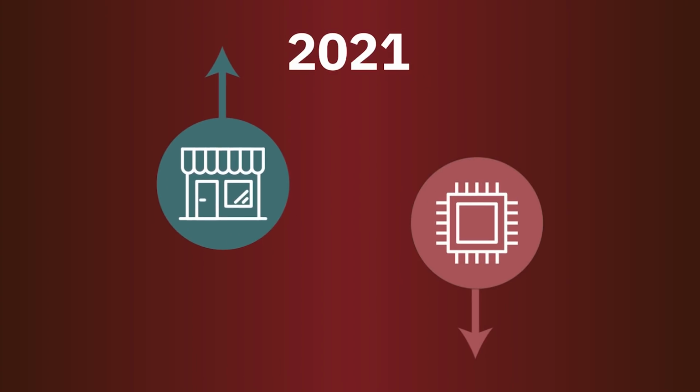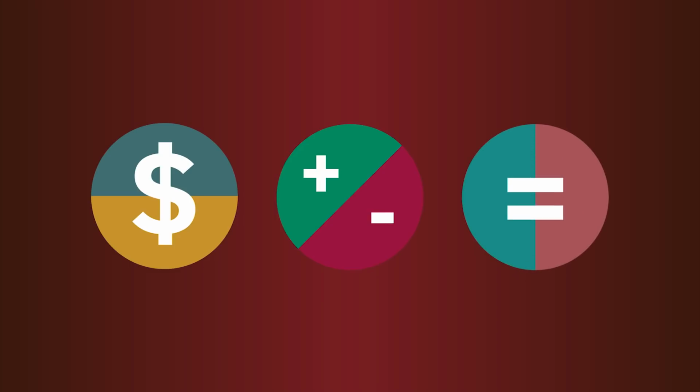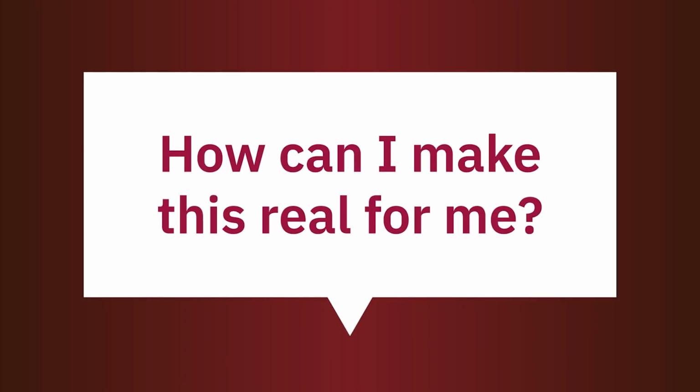Now, so far, we've covered a lot of topics and investing philosophies like asset allocation, buy and sell strategies, and even rebalancing. And you might be thinking, well, that sounds all well and good in theory, but how can I make this real for me? And that exact question is the reason a lot of novice investors don't outperform the market and find themselves in